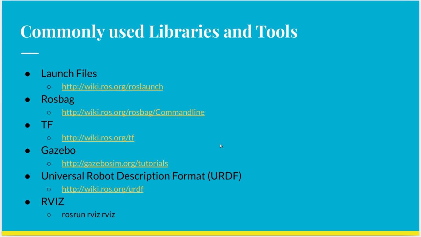URDF files are used to define the structure of a robot in ROS. You can import different parts designed in CAD and then form the required robot structure by mentioning how each part fits into the robot using these URDF files. These files are then in turn given as the input to different programs such as the Gazebo simulator. RViz is a widely used data visualizer in ROS. RViz shows the view of what the robot perceives by visualizing different sensor data that is generated either by the Gazebo simulator or by real robots.